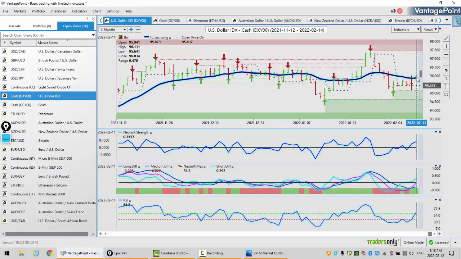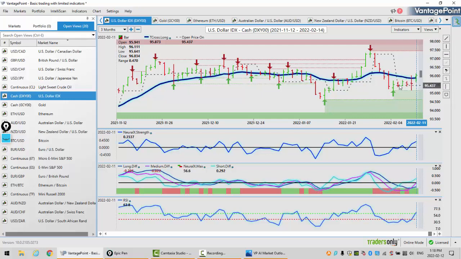In the previous week's outlook, I had advised to keep an eye on the weekly opening price of whatever it is you're trading. And the reason I'm saying this is that very often we have our Monday price, then we have a reversal move on Tuesday, and then the primary trend for the week starts to form. Now, in this particular case, with the VantagePoint T-Cross Long, we have the yearly opening price and the weekly opening price that were very similar last week.